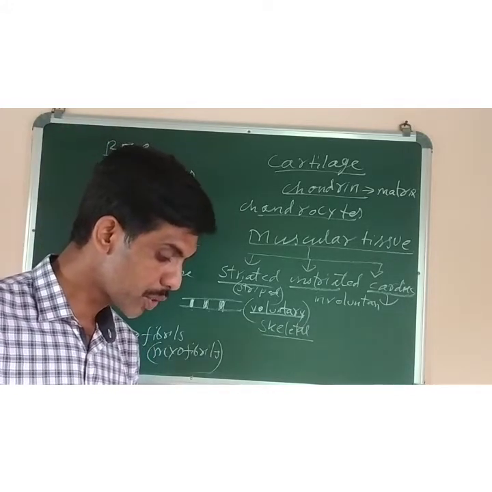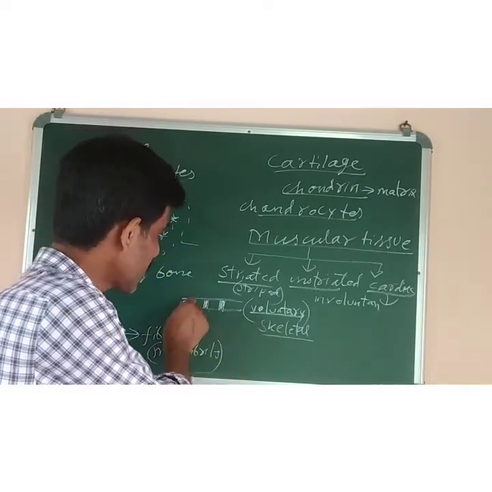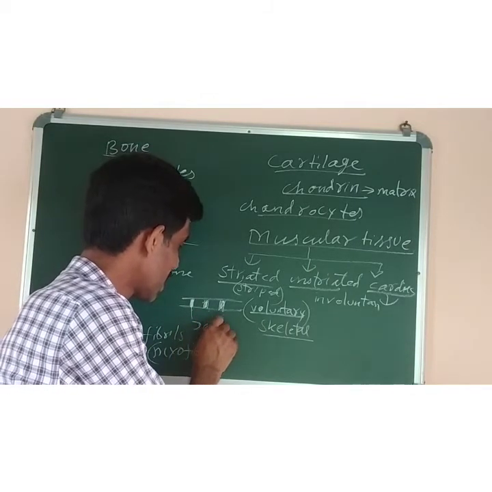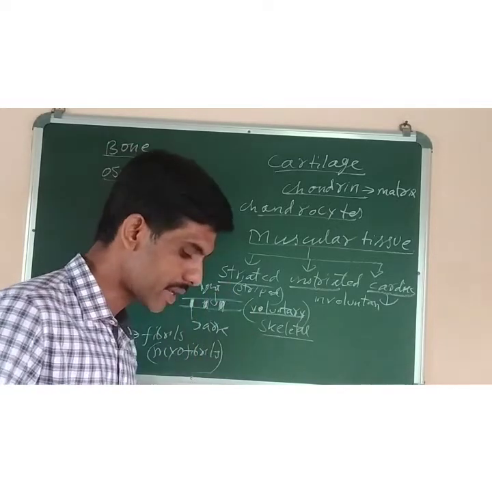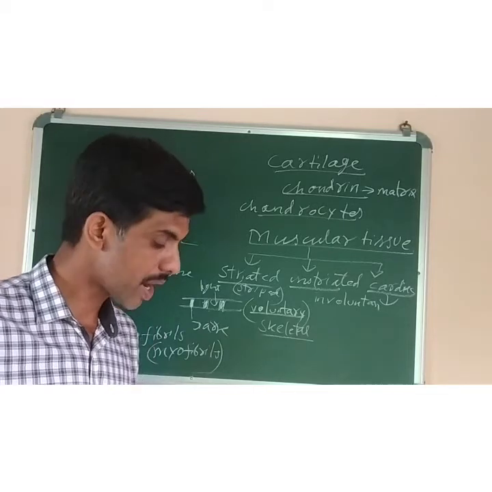They are arranged in groups, and dark bands and light bands alternate with each other. This is the dark band. Okay. Dark band. This one is called the light band. I band, A band, the names are given there in higher classes. They are found in the limbs, in the body wall and the neck.